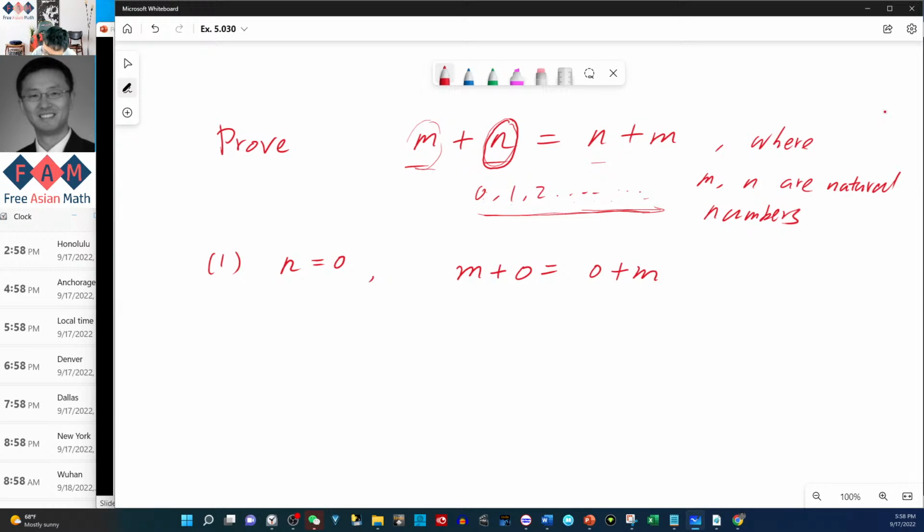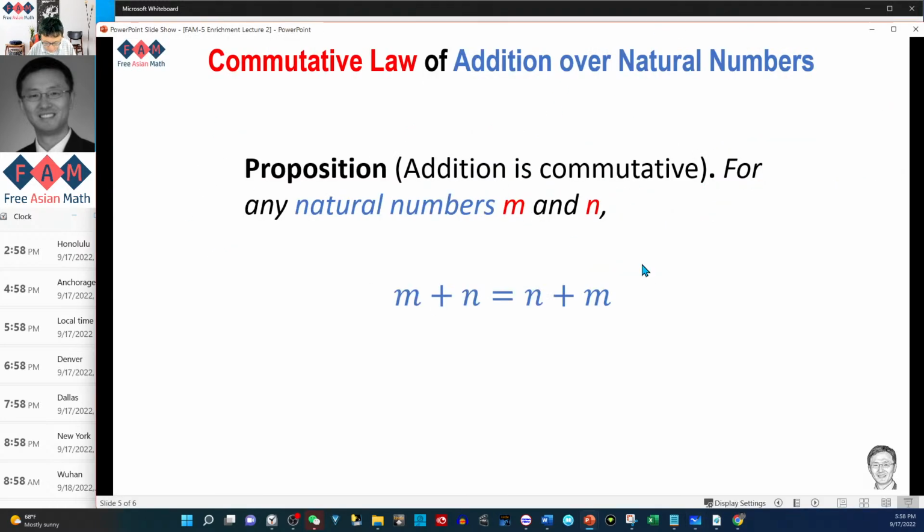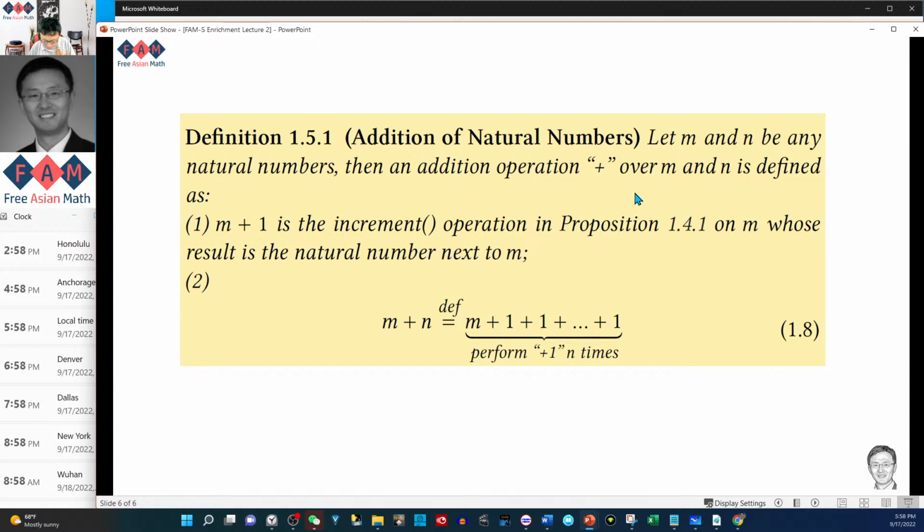Is this true? Well, we have to go back to the very definition of addition, right? If you don't recall, how do we define addition? We just learned this, right? Addition of natural numbers. And this is the addition. So by this definition,